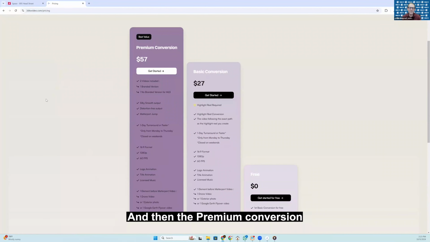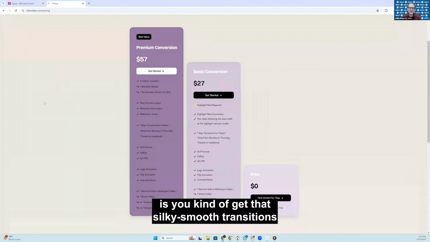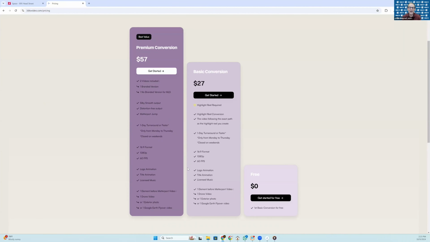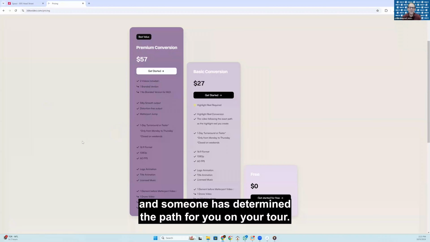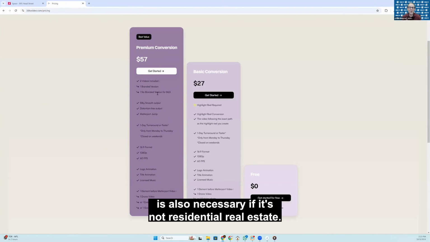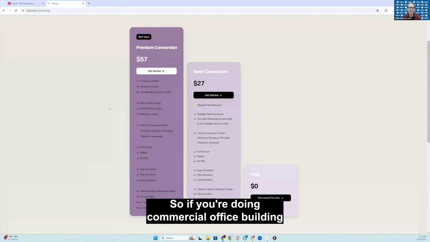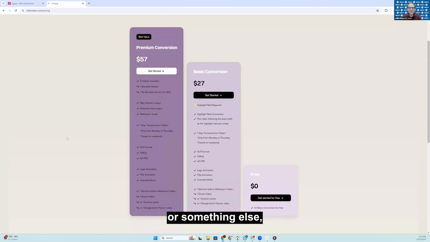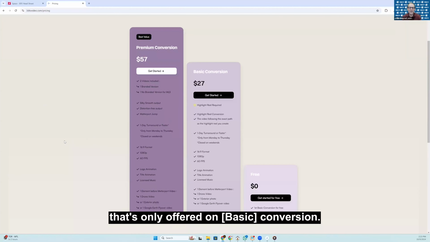And then the premium conversion is you kind of get that silky smooth transitions, and someone has determined the path for you of your tour. I'd also point out that premium conversion is also necessary if it's not residential real estate. So if you're doing commercial office building or something else, that's only offered on premium conversion.